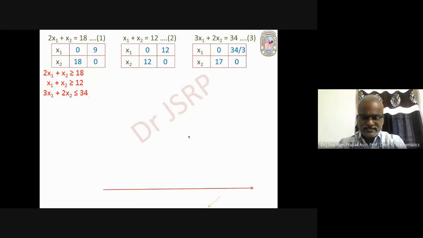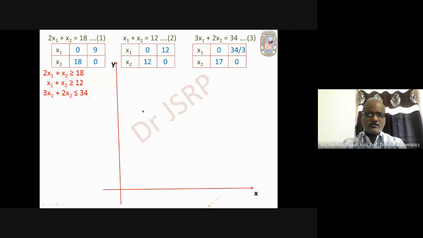So take the x-axis and the y-axis. We take x1 on the x-axis and x2 on the y-axis. Here also observe the range of x1, x2, all are positive values. So we consider only the first quadrant. Suppose there are negative values in the range, you have to consider four quadrants, so you have to take the axes in the middle. According to the range, you have to consider the axes.